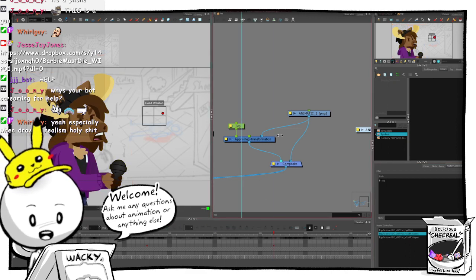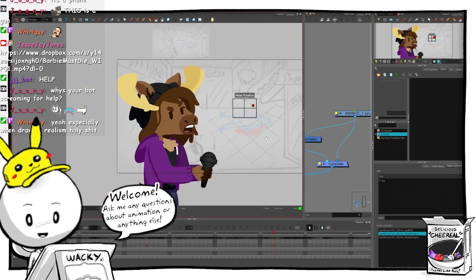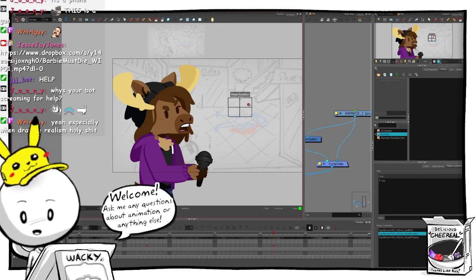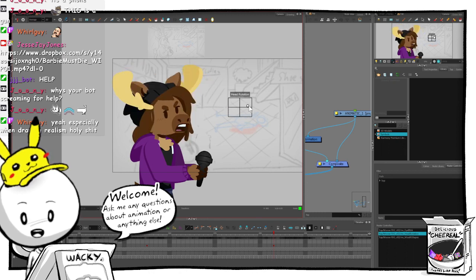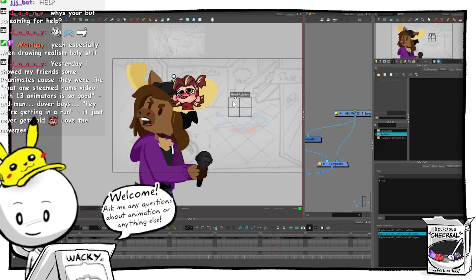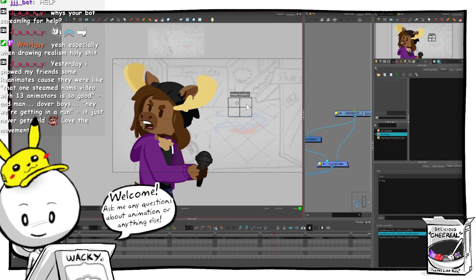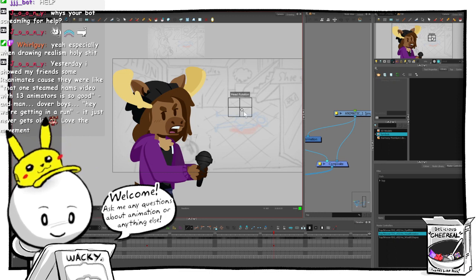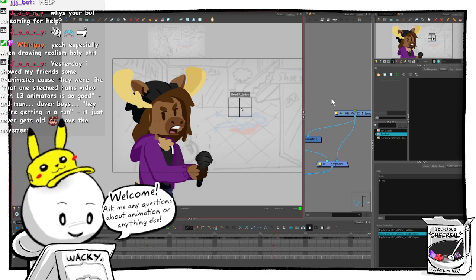It's the first time I ever made my own Master Controller. So I'm still learning, but with it, I can take his head, this head rotation control, and move him around in 3D space. If I want to position his head in a different spot, I can just move it around. So we want him facing towards the camera, kind of like that. And I think that gives us a good starting place.